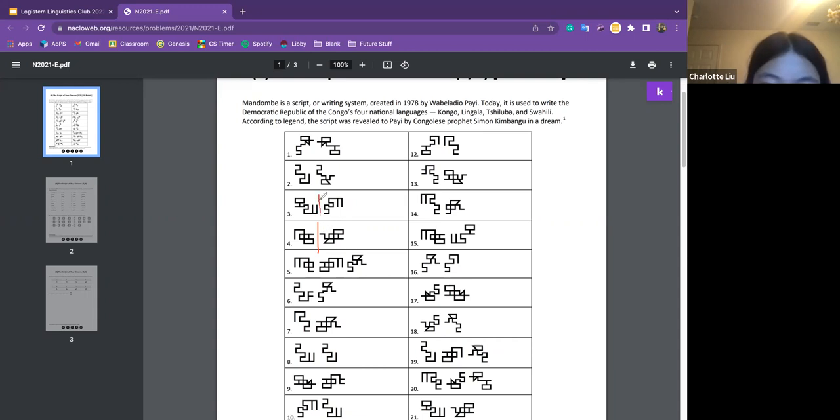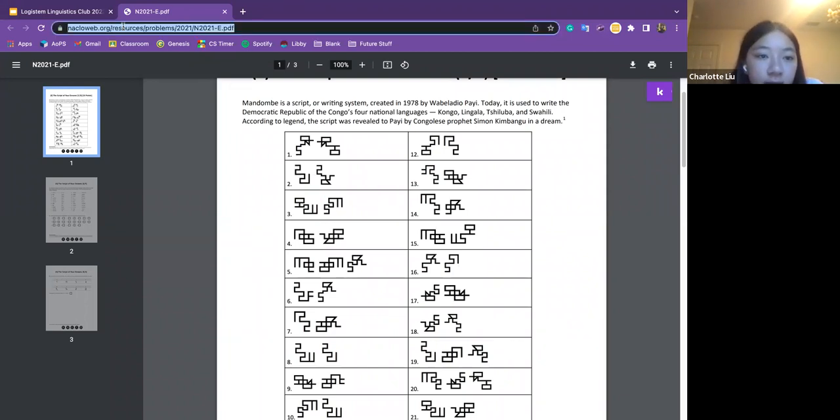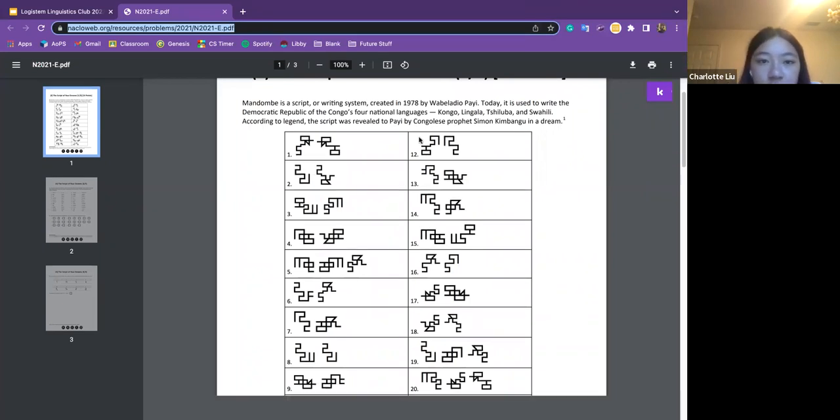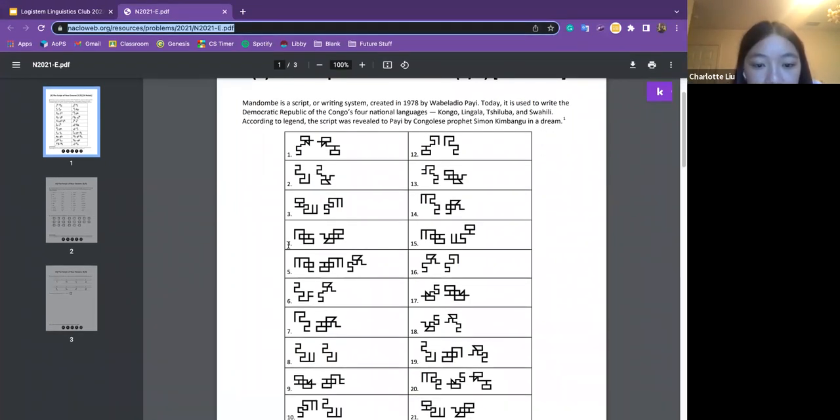So I think this is an easy example. For this one, for example, these lines separate the four different letters, and the middle line separates the two syllables. So this will be a 4-letter word with 2 syllables. This next one is going to be a bit more difficult. I'm going to give you guys maybe 15 minutes, and then I'll explain it.